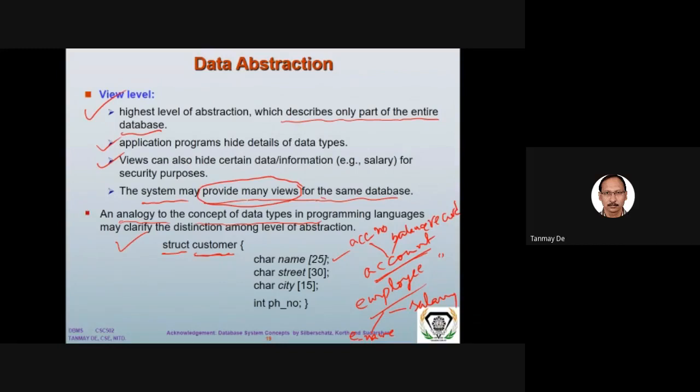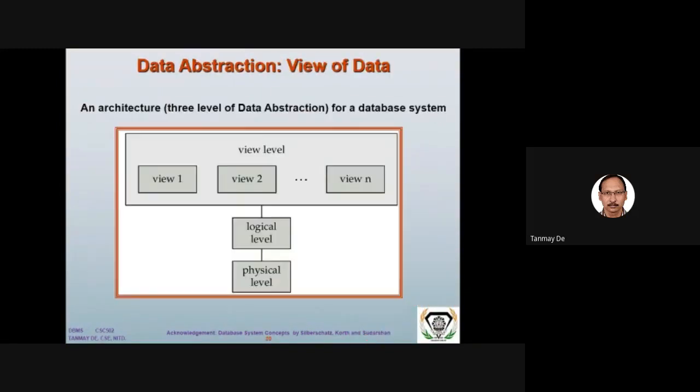Is it clear? If we think about the physical level, the physical level is the lower level, then the view level, sorry, the logical or conceptual level, and then a number of views are there. In the view level, multiple views are possible for a particular database. Now, for example, if we draw an analogy with data types in a programming language, so in the data type,